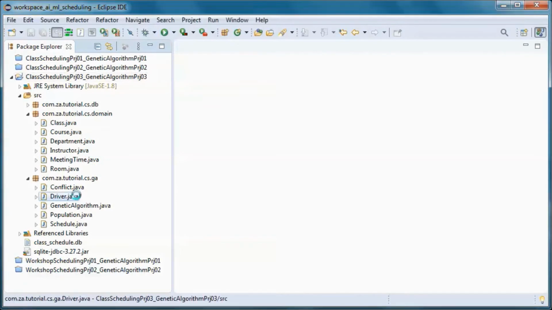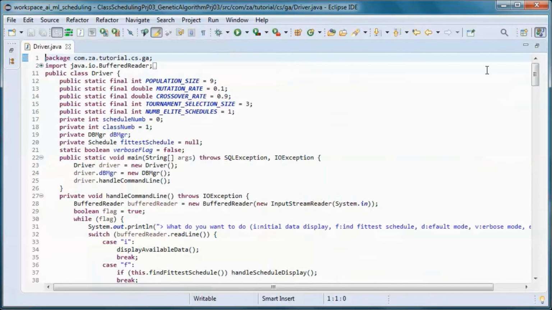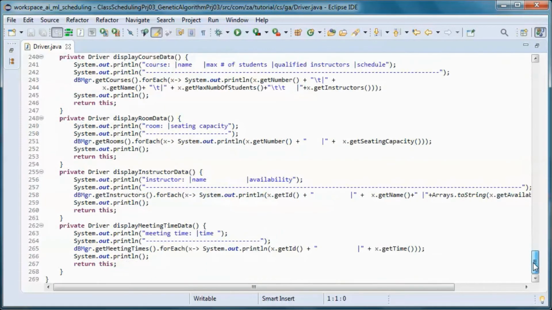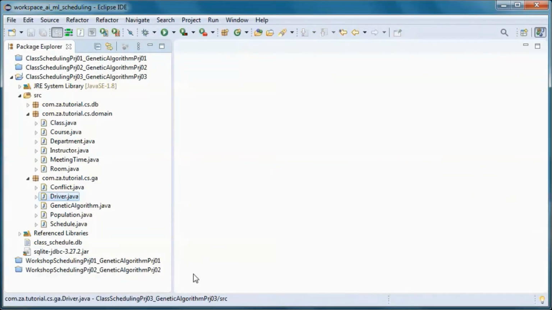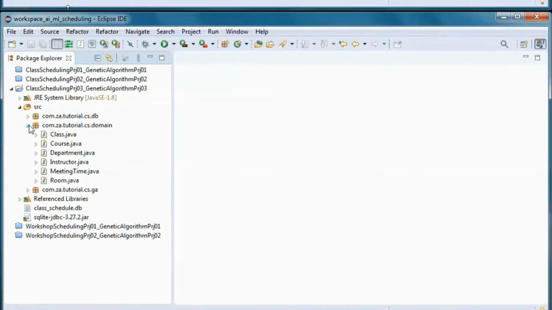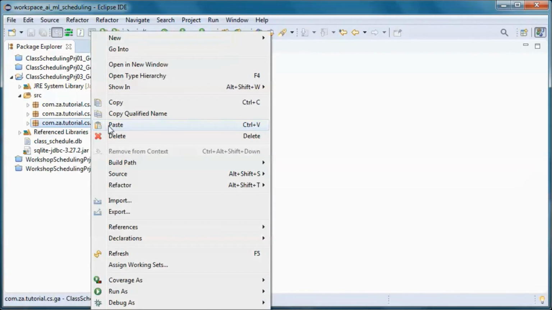And let's go here and let's remove this one, since we're only displaying the instructors. And now let's go ahead and test run the application.